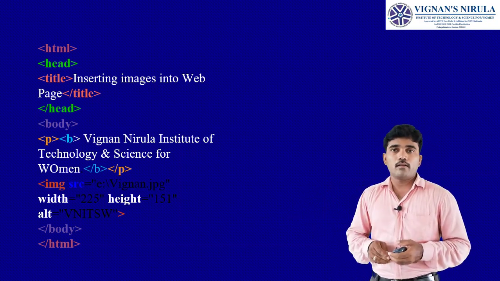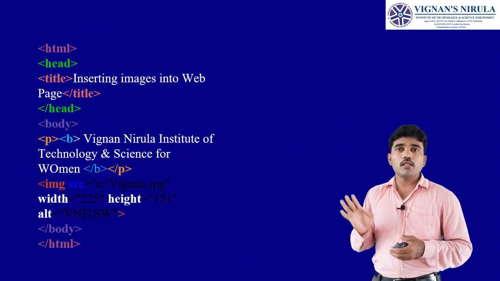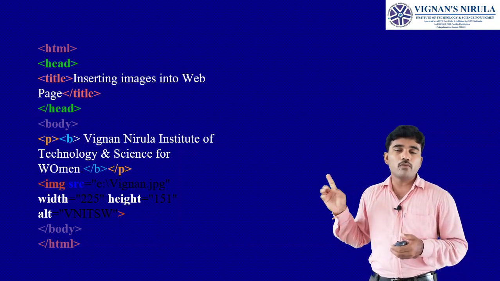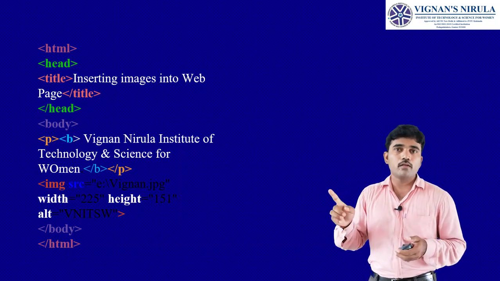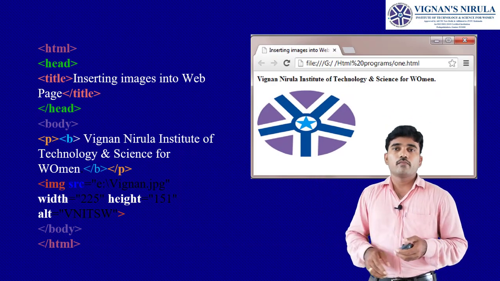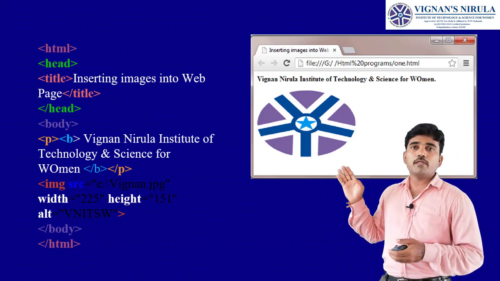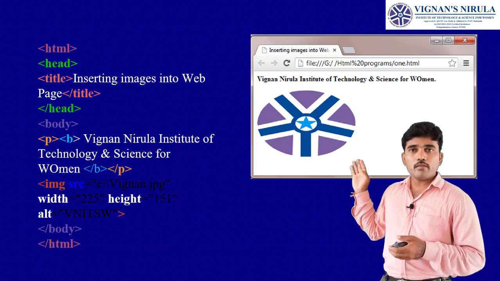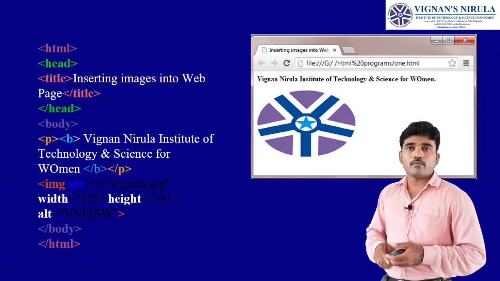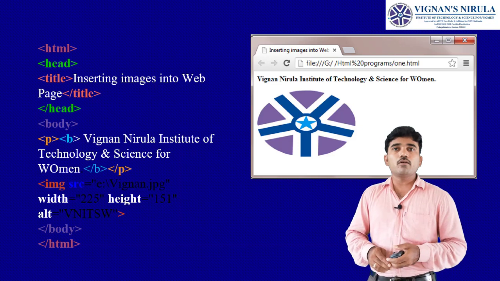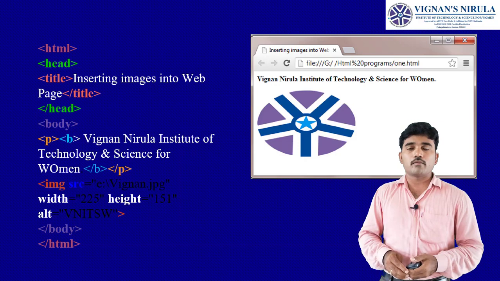Students, do you have any idea how the web document is displayed now? In the body section we have used a paragraph and an image tag. So the contents displayed are one paragraph and next the image. What is the paragraph there? Our college title, and the image that we have displayed is our college logo. Understand? That is all the theory related to how to insert an image in a web document. Understand? Thank you.